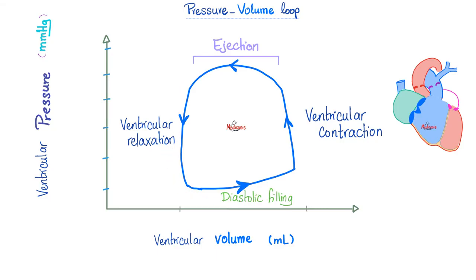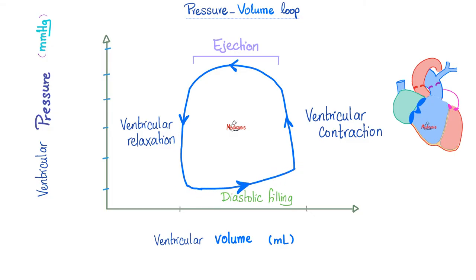I have to relax first. In the beginning, it was isovolumetric. What do you mean by isovolumetric? I mean the volume did not change. From this point to this point, I'm still on the same point on the x-axis. Isovolumetric relaxation. After this, the mitral and tricuspid valves will open and the blood will gush into the ventricle and